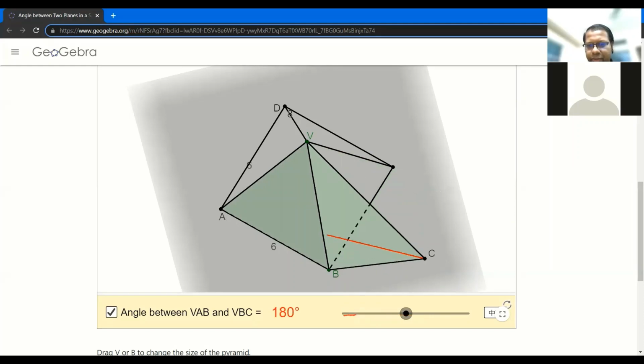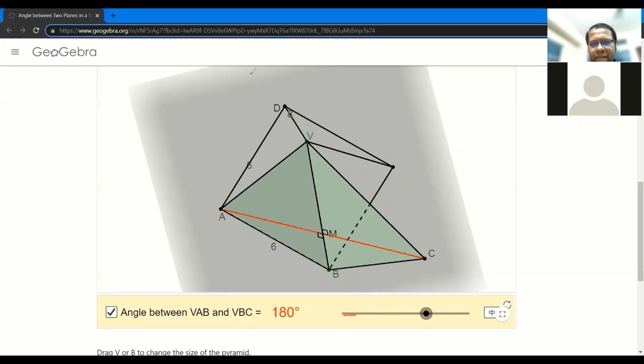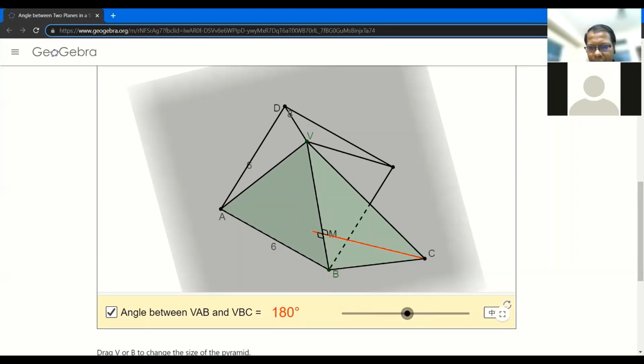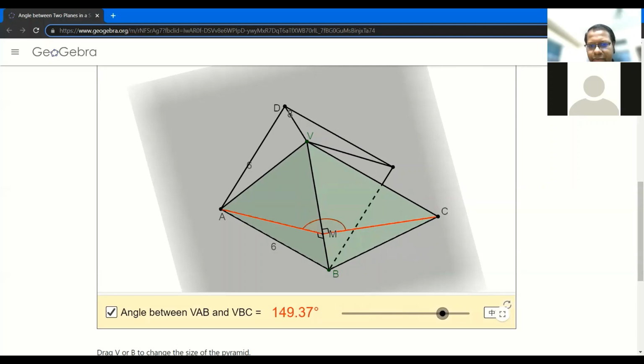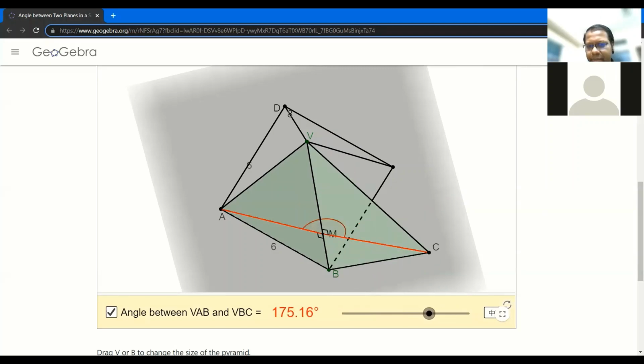VCB surface outward. So now the angle is 180 degrees because they're completely parallel and on the same plane. VAB and VBC are all in the same plane, these two surfaces. So that's why the angle is 180 degrees, right? But if I slowly move that VBC inward or back to wherever it was, the angle is going to decrease from 180, look here carefully, 180